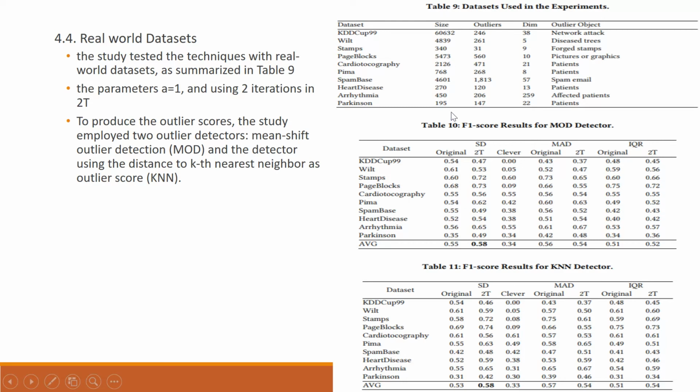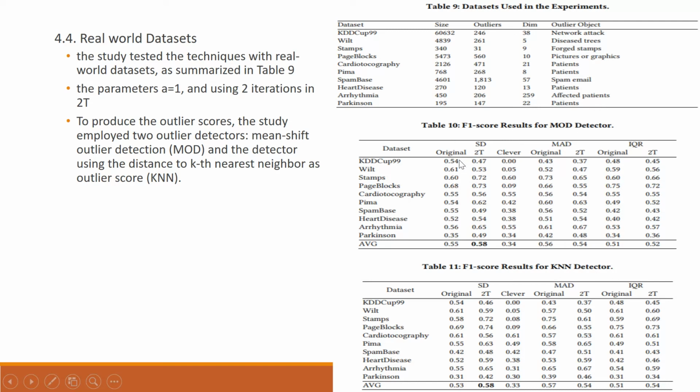These are the size, number of rows, these are the number of outliers, these are the number of dimensions, and this is the feature they are checking for outliers. What they did was that they used the original data with two machine learning algorithms, MOD and KNN,